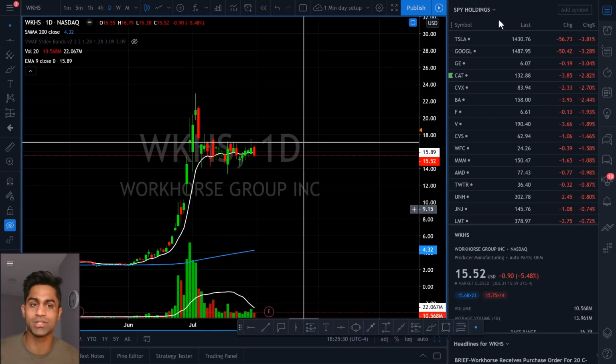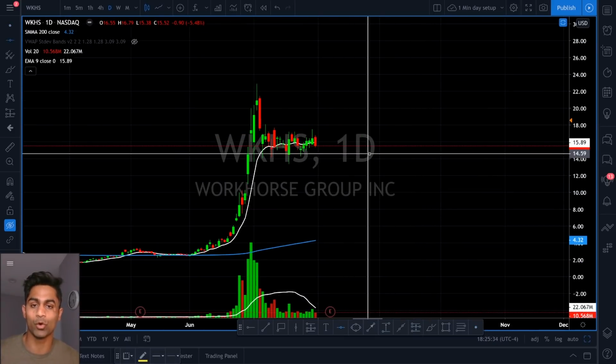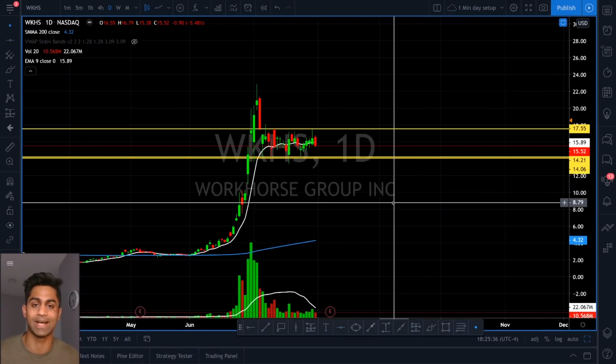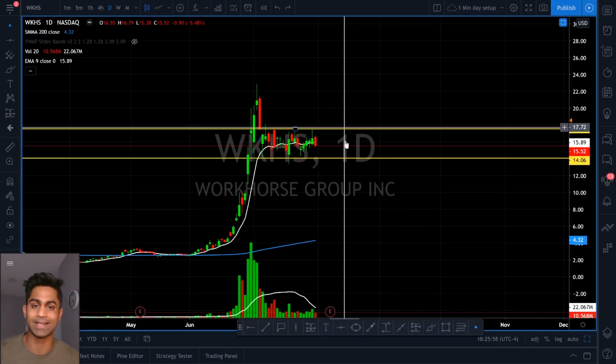And to map out some key support and resistance levels for this stock, I've already went over the fact that it's kind of consolidating sideways, and at the same time it's making some type of a descending triangle or a bull flag just poised for a breakout. All it really needs is a really strong catalyst to drive the price higher and break out of this resistance at $17.55. So if you were to kind of look at these two trend lines that I have marked for you guys,